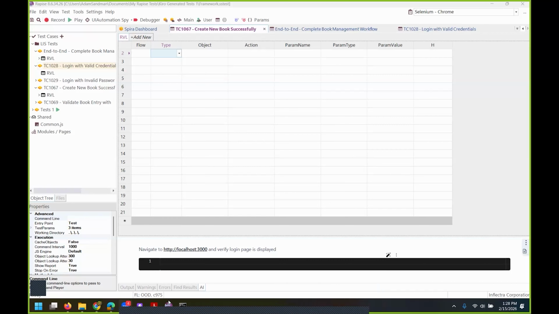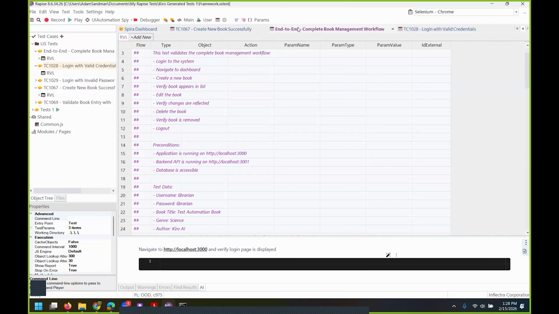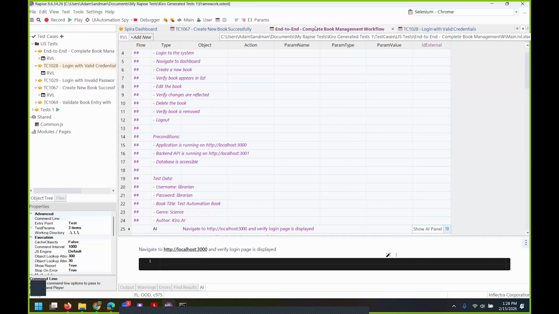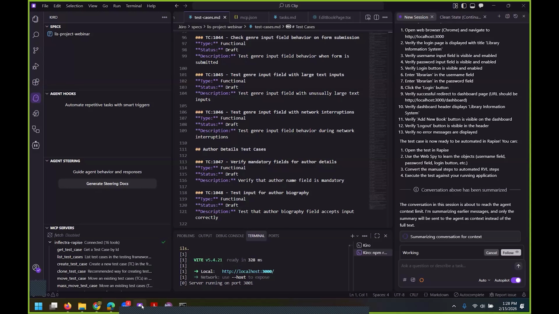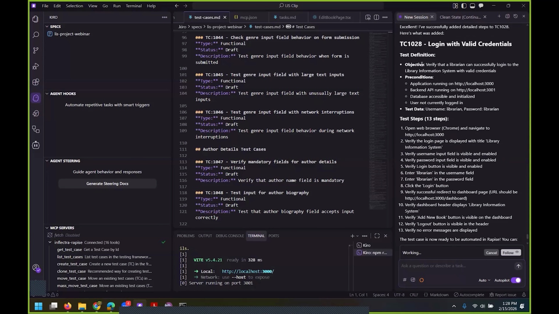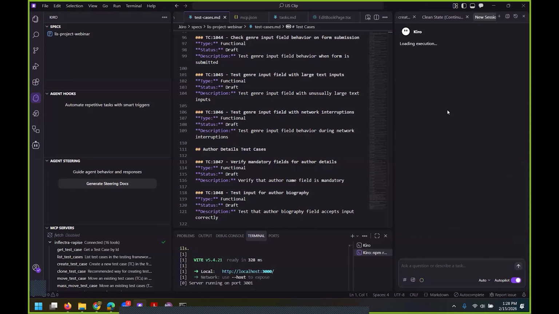Now, one thing to notice, if we go into Rapise, it looks like Kiro has only created some of the test cases fully fleshed out. It's created out this end-to-end scenario, but hasn't created some of the other ones. But that's okay. I can have Kiro do that for me. So if I go back into Kiro, let's go ahead here, and let's do that. So let's go ahead and have it build out